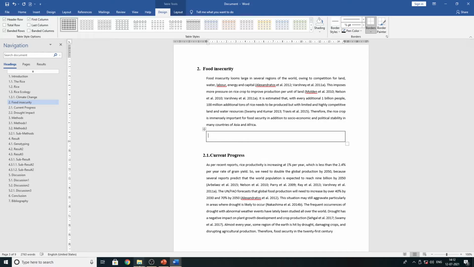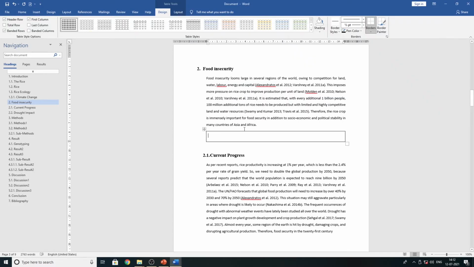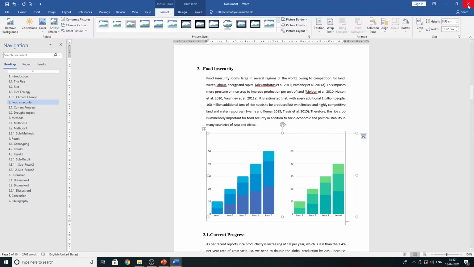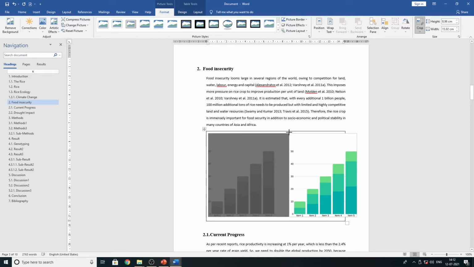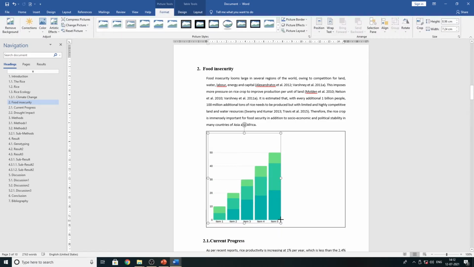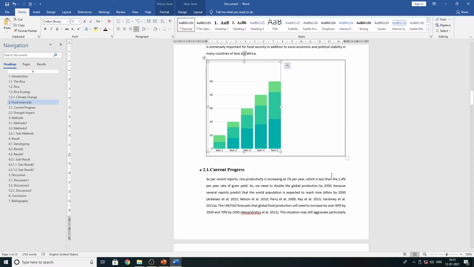Okay, so I copy the figure from my documents folder and paste it over there. See, I double click on that figure and crop it. Finally, you have pasted it. So I'm going to add a legend for this figure.